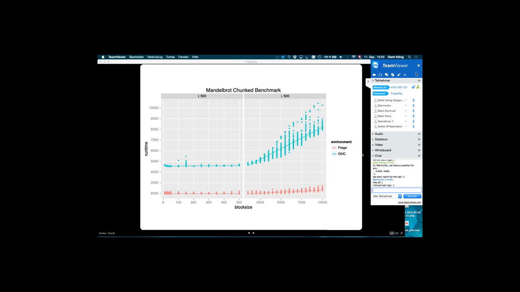And we also notice that if we go up with the block sizes, Frege performs still better in the speedup than in the overall. So it doesn't really see that it's really scrolling very fast.